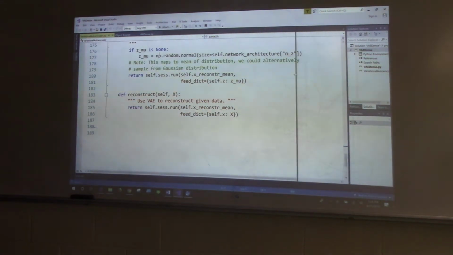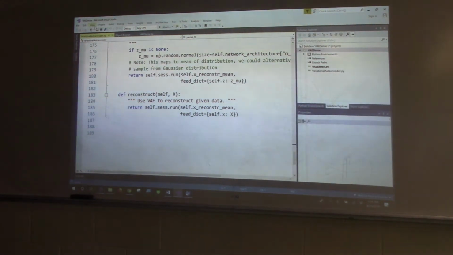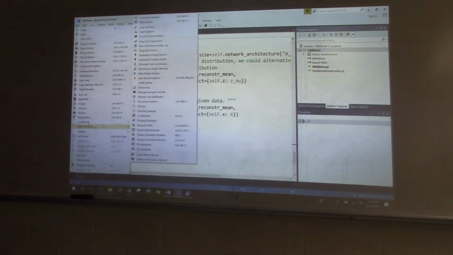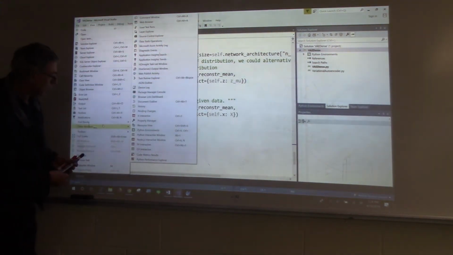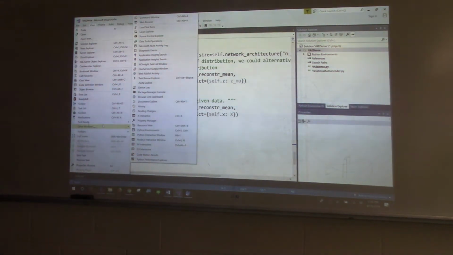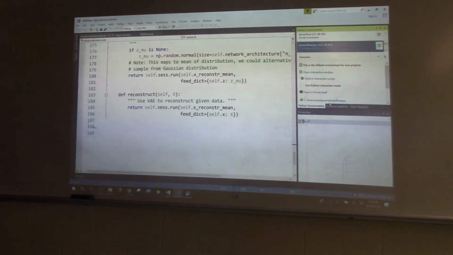Okay, so if you go over here, View, Other Windows, there should be Python Environments. Anyway, if you go to view the Python Environments,